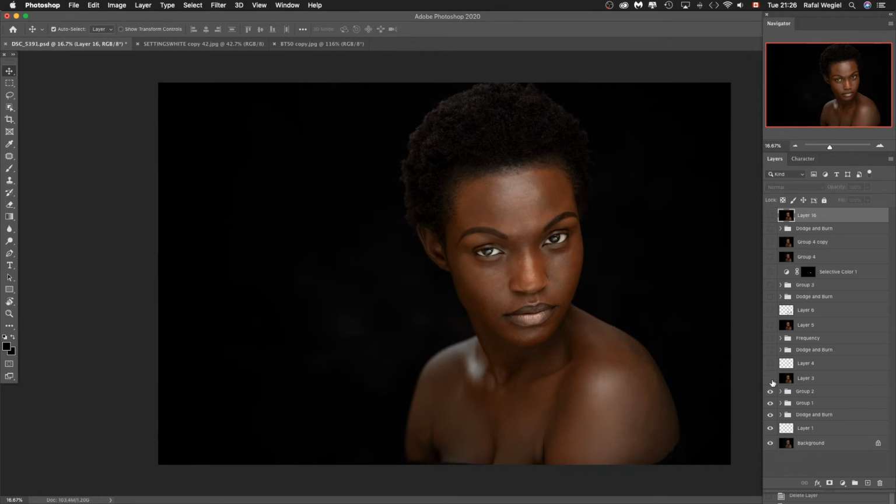So the next step, I did a little bit of raw correction, a little bit tiny. You probably guys don't even see it. There was just a little bit of contrast to it. The next step,